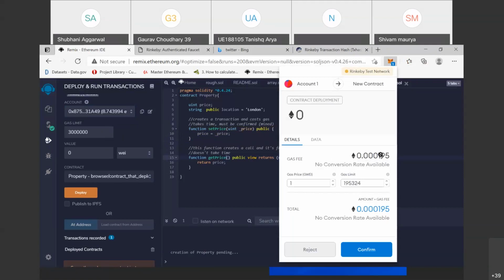If you want your transaction to be mined early, you can increase your gas price. You can write 2 here also. By default, it is 1. But if you want it mined early, you can change it to 3, 4, 5, whatever you want. Okay, so click confirm.